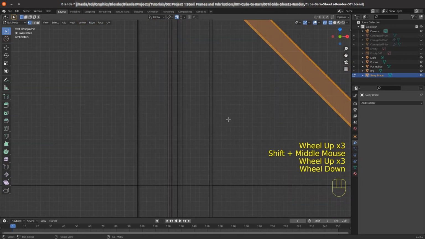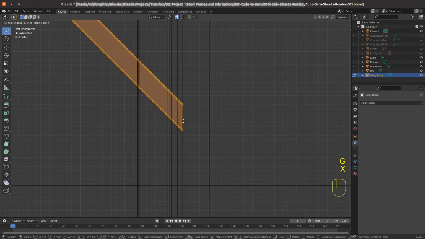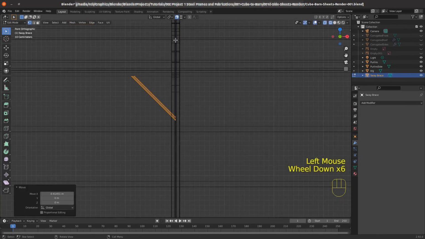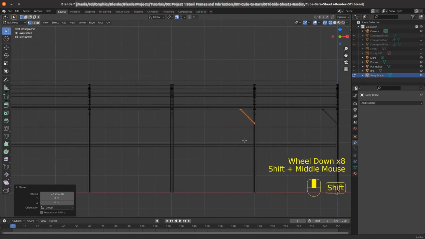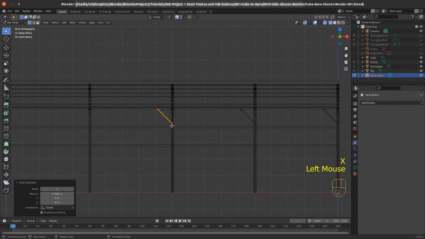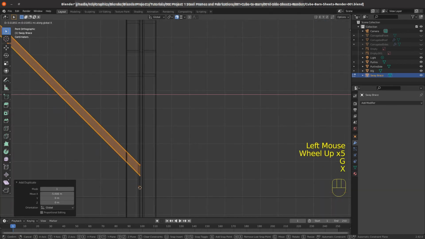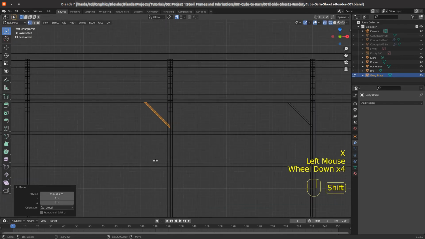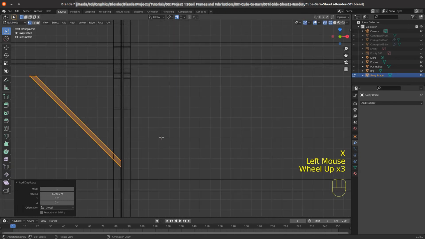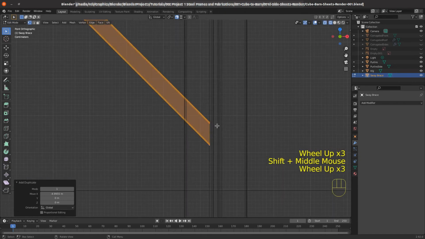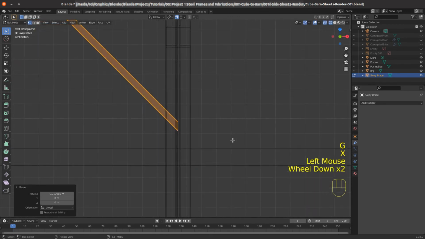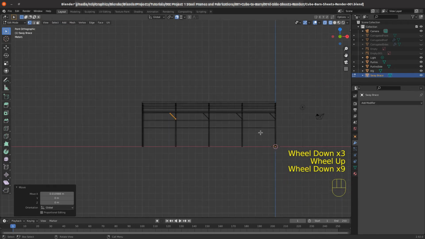And zooming in, we'll again grab X and grab it across and just snap it to a vertex on that inner web of the RSJ, and we can just repeat that, shift D X, and again zoom in, grab X and just snap it to the inner web, shift D X, and that's all. Just grab X and snap it to the inner web. So we've now got 4 of the